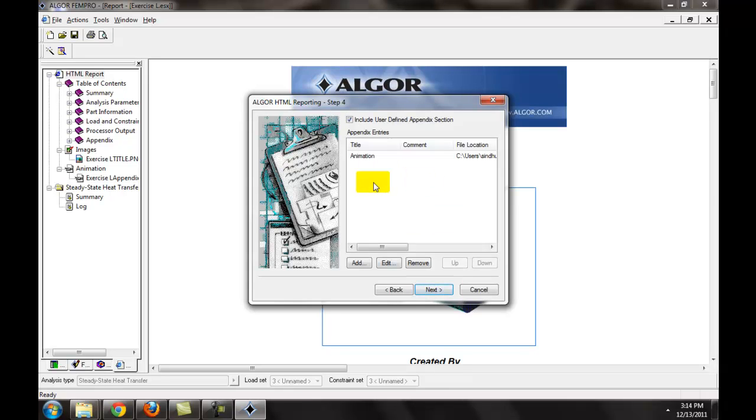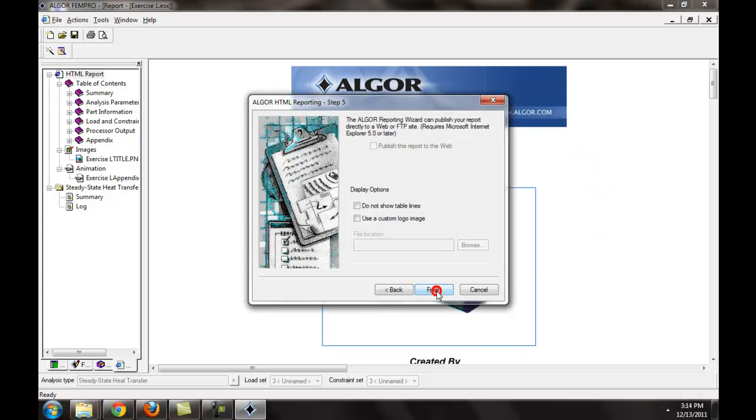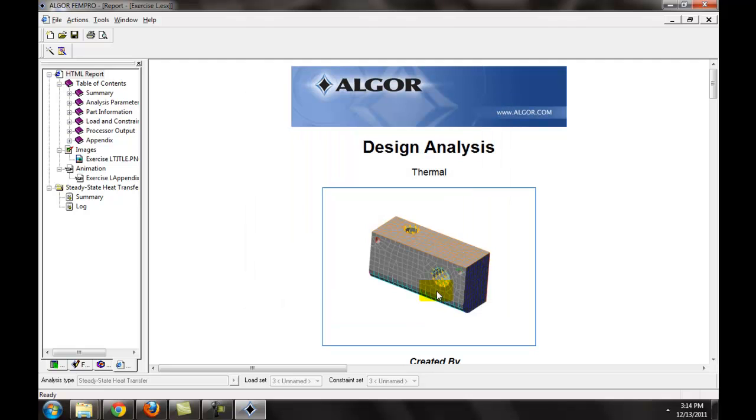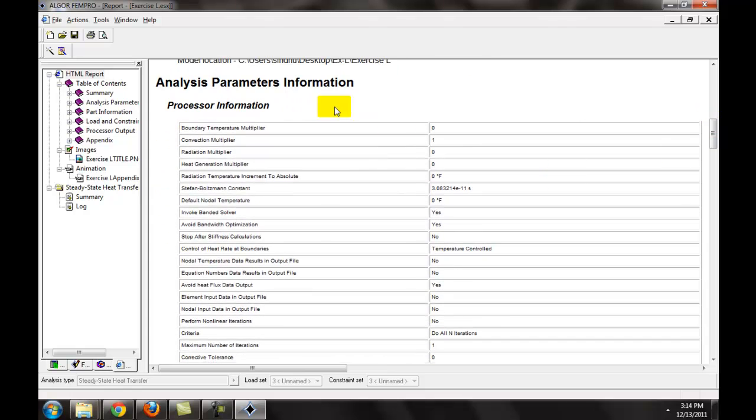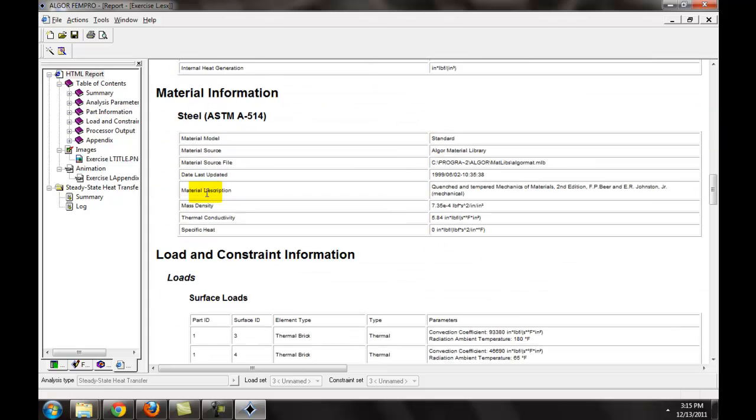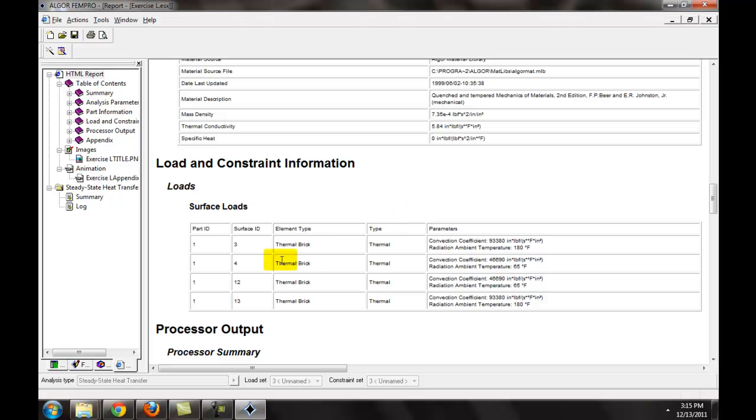And then here in this case, you can actually add some screen captures or animations. So go ahead, and I already added an animation here, which I can include in the report. Okay, and then click next, and then finish. And now if we scroll down, we can actually see the whole temperatures and processor information, and load constraints, how the